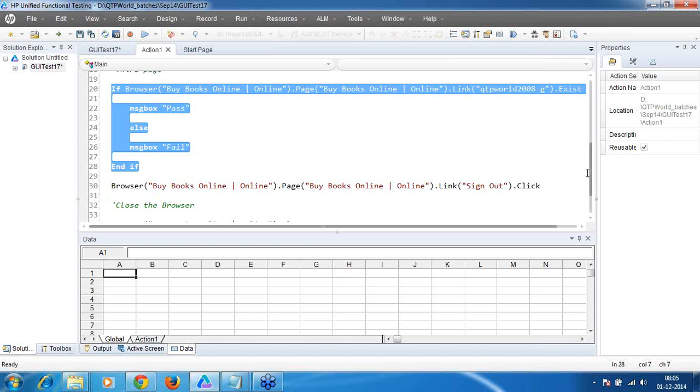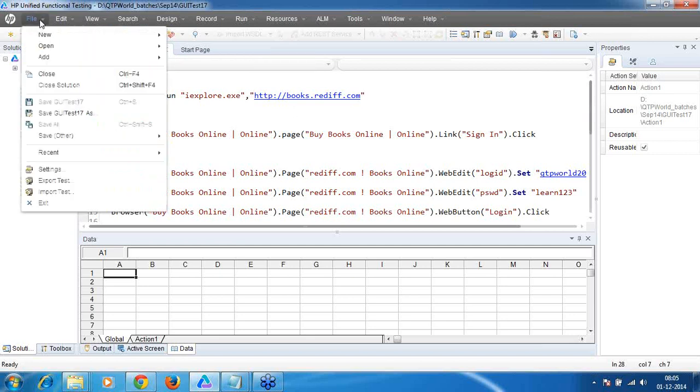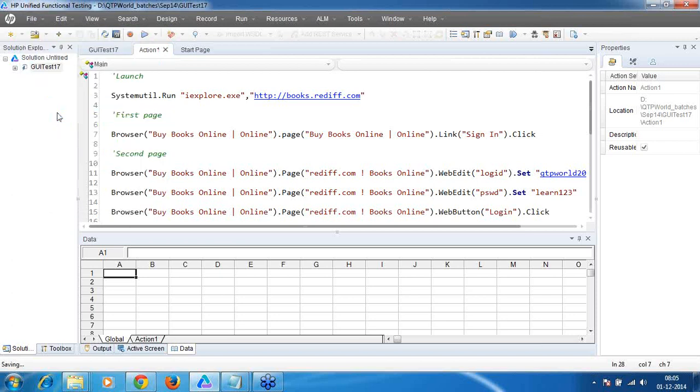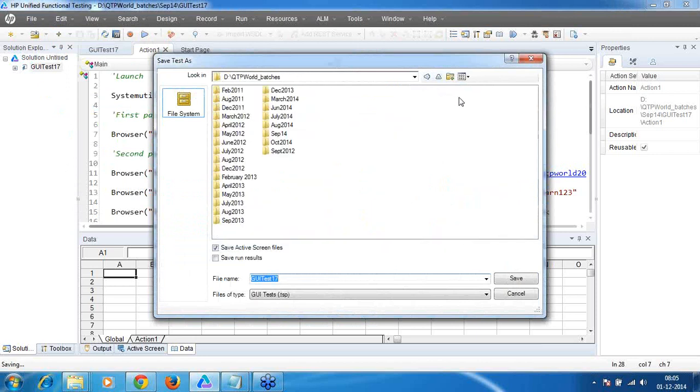So we have written the entire code, and the code has been executed page by page. What I'll do is, let me save this test and execute the code completely and see how exactly it works. Let me save this. Let me create your batch.